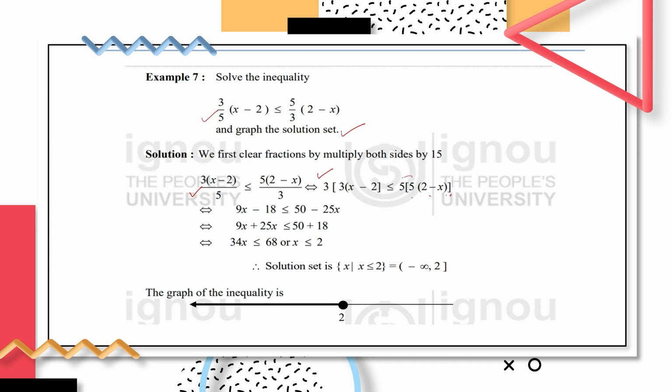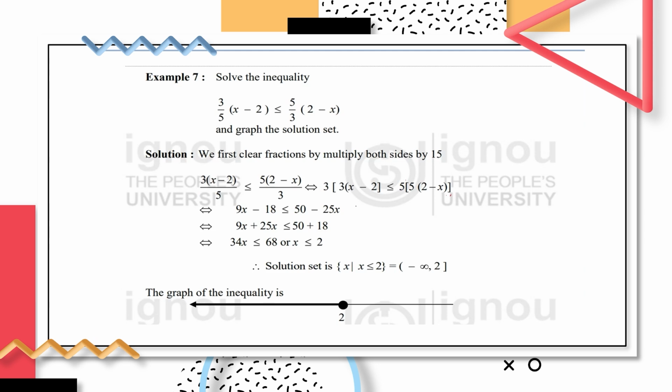Solving this, 5 into 5 is 25 and 25 into 2 is 50. So this is the first part. 5 into 5 is 25 and 25 into x is 25x. On the same lines, 3 into 3x is 9x, and 3 into 3, 9 into 2 is 18. So the overall inequality is resolved into a very simplified form, that is 9x minus 18 less than or equal to 50